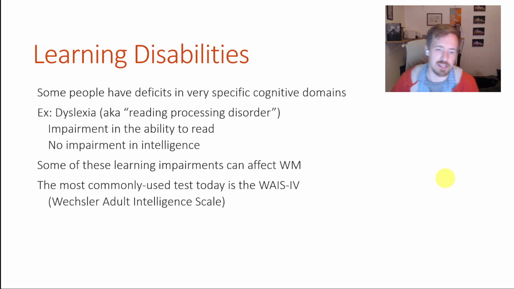So for example, if you have dyslexia, that is considered a reading processing disorder. So it's an impairment with your ability to read, but not an impairment to your intelligence. And so all that I'm trying to say here is that none of this has any bearing on intelligence. It just has very hyper-specific impacts on things related to working memory. So some of these learning impairments can affect working memory,